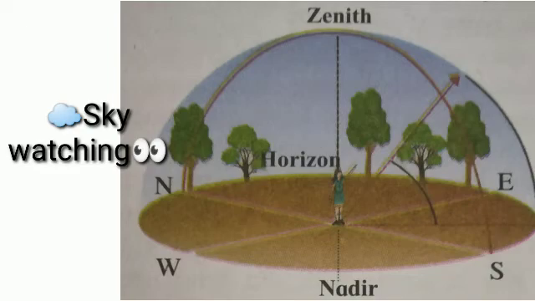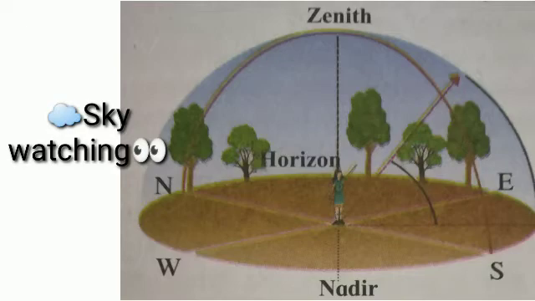Sky watching. Stand still in an open space and look into the distance. What do you notice about the ground and the sky? Now, still looking into the distance, turn around yourself and observe the ground and the sky as you do so. Far away, the sky seems to be touching the ground. The line at which they meet is called the horizon. While turning around oneself, the horizon will be seen to form a circle, and on looking up, the sky will appear to be a sphere based on the circle.